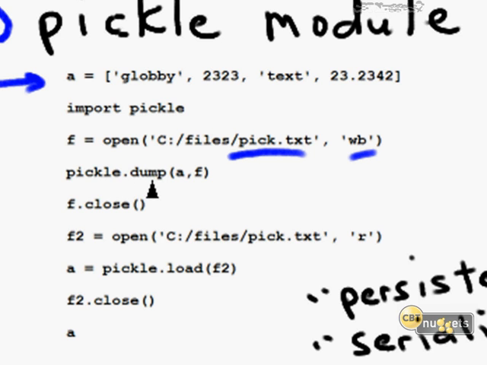Pickle has a simple function called dump, where you can take your input and pack it into your output file. In this case, A is going into F. You then close your Pickle file, bring it to your destination station where you want to have access to this data structure, create a new name, call the open function for read, and as long as you have Pickle imported on the target system, you can invoke the load function,